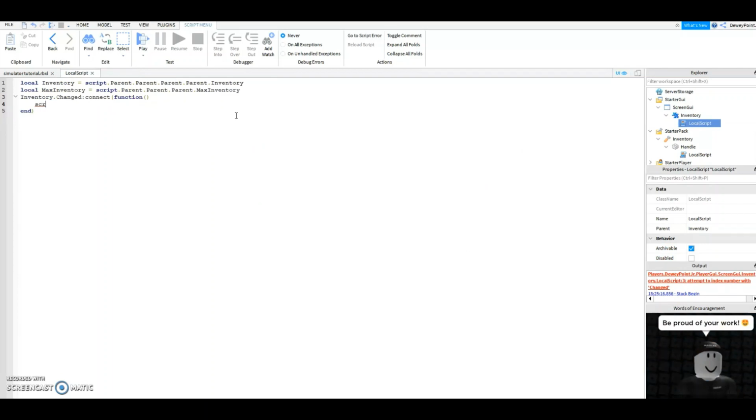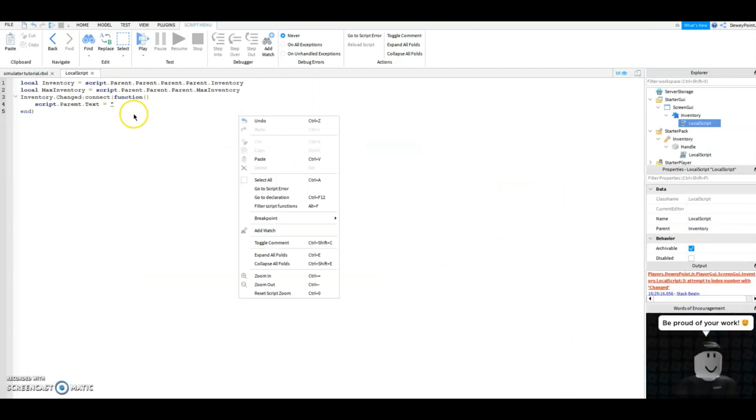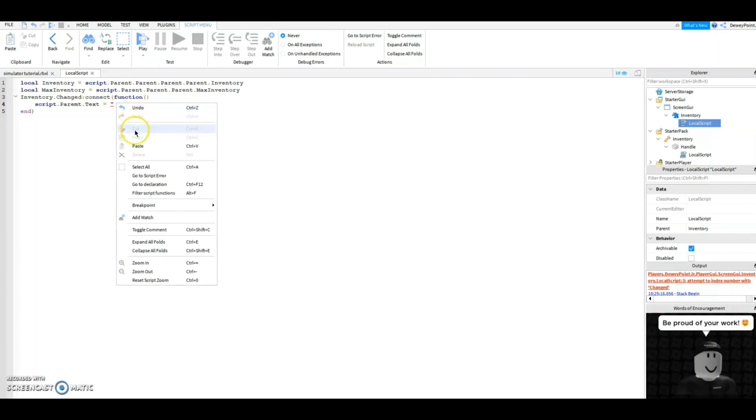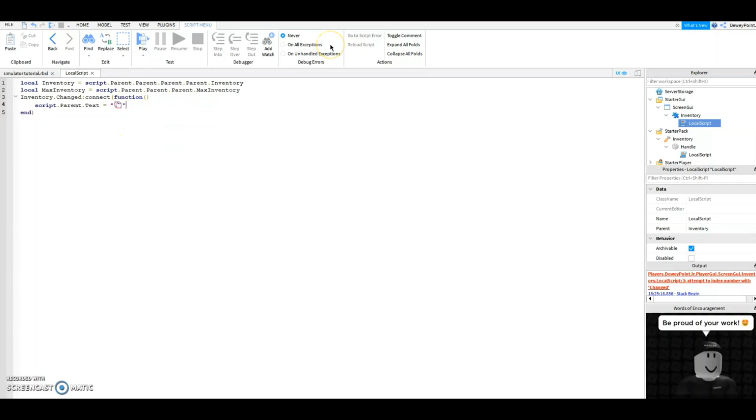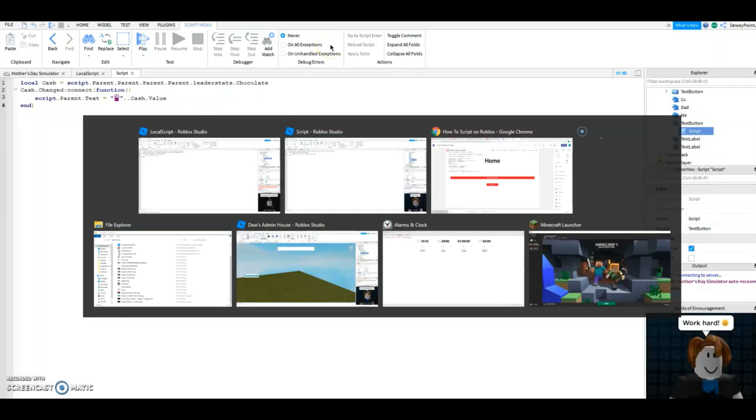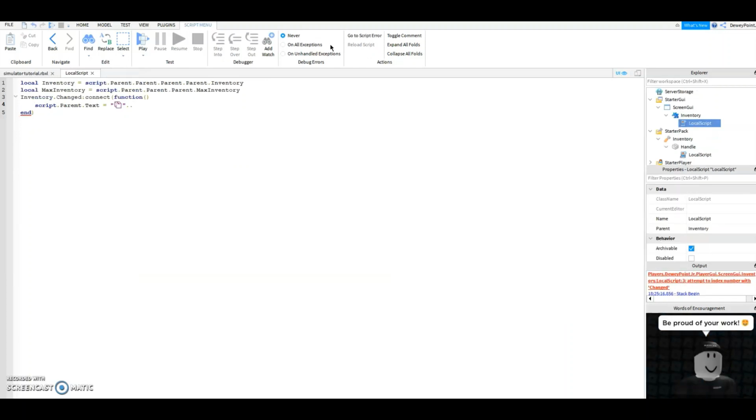We can say script.parent.text equals, and then in speech marks right click, hit paste, then put your ending speech mark, then type .. inventory.value .., and then in speech marks a slash, and then .. max in